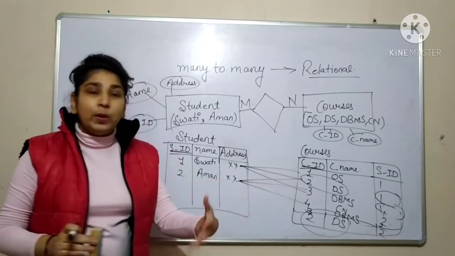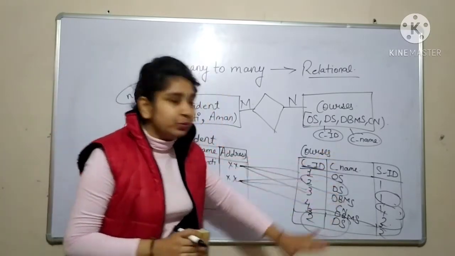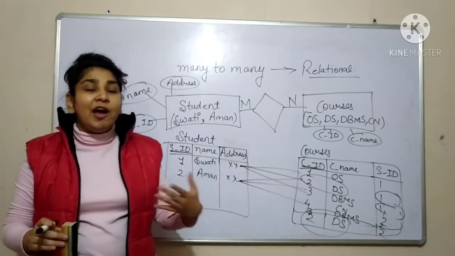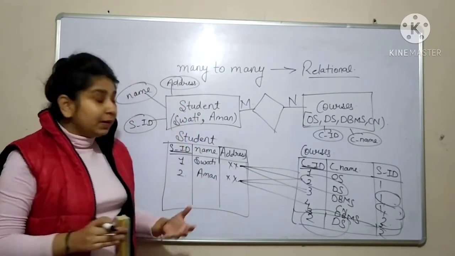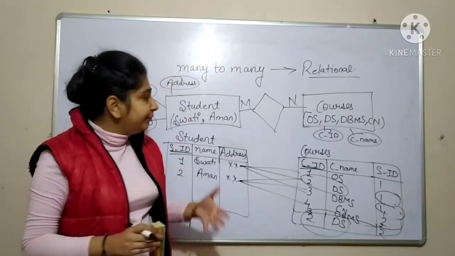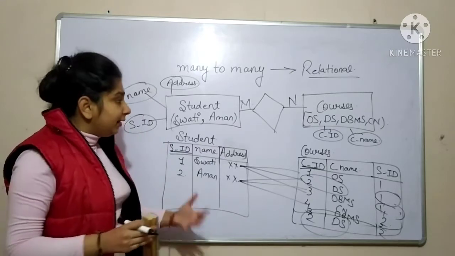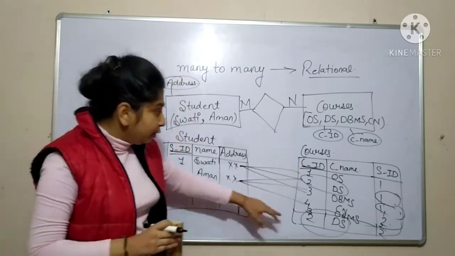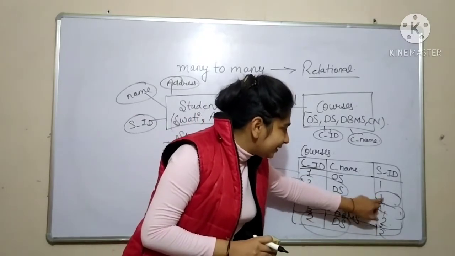In this table, we just have 2 attributes whose data is redundant. But let's suppose you have a large number of attributes in your table. Let's suppose you have 10 to 15 attributes. Then definitely there is going to be a lot of redundant data. Just one field is different.